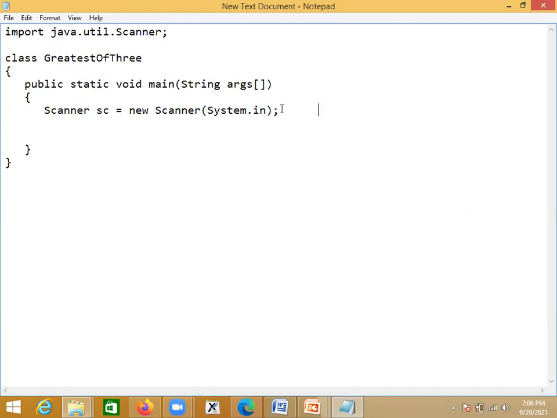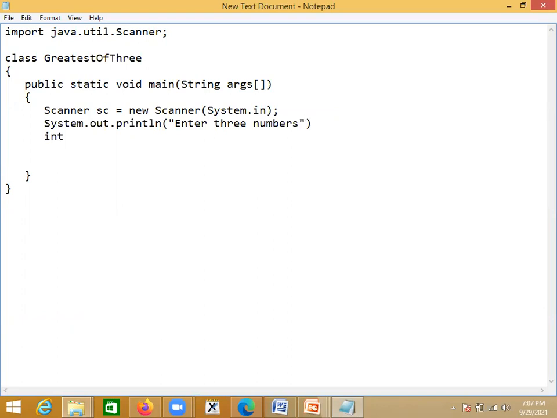I want to read data from the keyboard because 3 numbers I need to enter. Before this, ask the user to enter 3 numbers. So give a message to the user: System.out.println, enter 3 numbers.